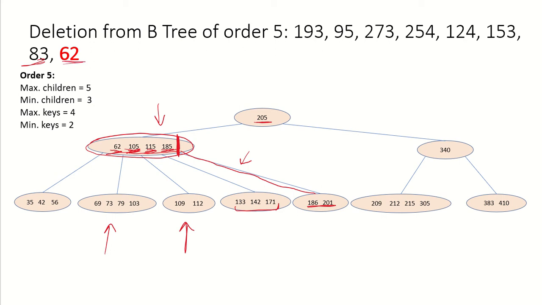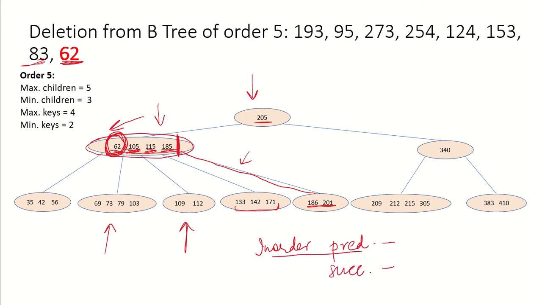Now the next key that needs to be deleted is 62. We follow this root node, and when we come to this node, we find that this value is in the internal node. Internal nodes, as I have told you in my previous video also, need to be handled differently. Whenever the key that is to be deleted is in an internal node, it will be replaced by its in order predecessor or its in order successor.